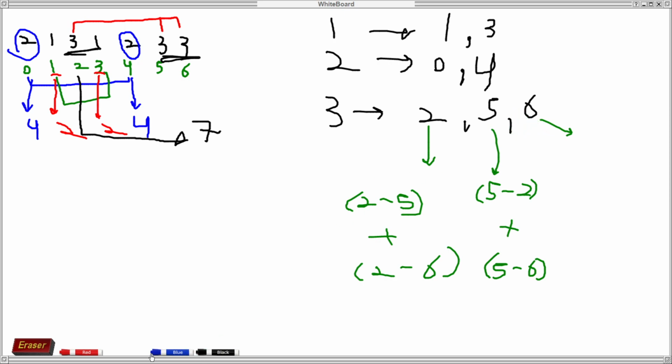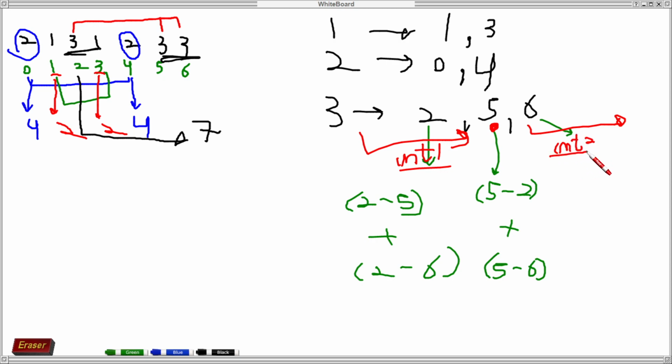Now one thing we notice is that for calculating the answer for index 5, these all values will be smaller than 5 and these all values will be greater than 5. So let's say this is the count 1. These are the count 1 number of values and this is count 2 number of values. And sum of all these values is sum 1 and sum of all these values is sum 2.